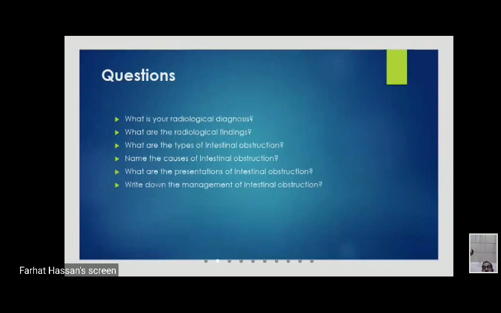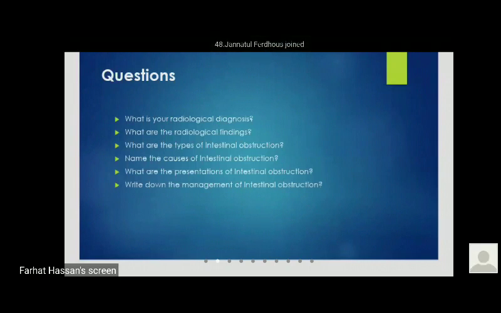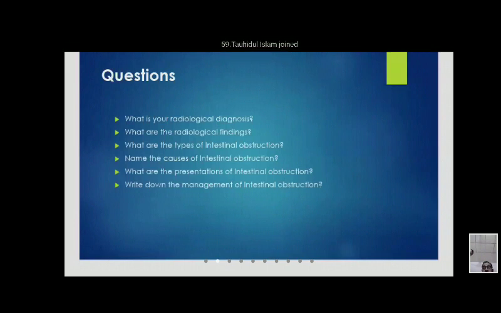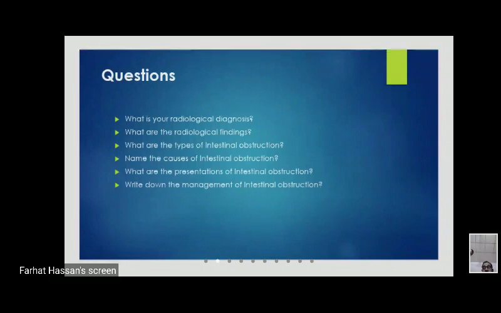What are the pathophysiological changes in intestinal obstruction? There is a failure of absorption of fluid by the intestine. So there is exudation, and so there is a third space loss. There is failure of absorption, so there is loss of fluid into the third space, that is the extracellular space, and that may lead to fluid sequestration into the peritoneal cavity also.